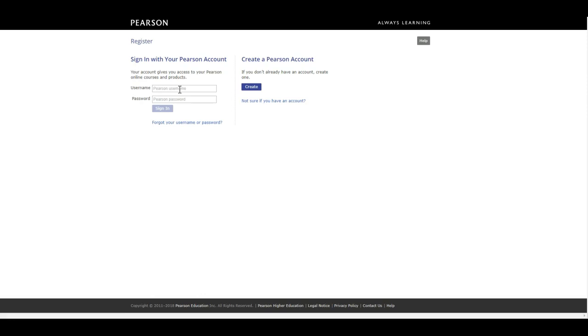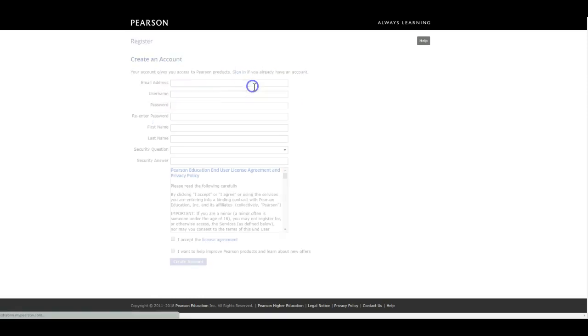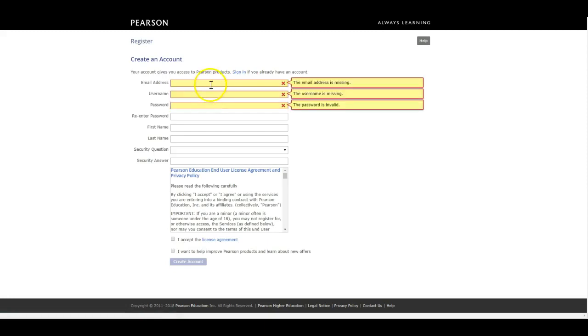If you have not, then you can create an account, and it doesn't have to be with your school email. In fact, I recommend that students use the email that they most frequently check so that you don't forget what it is. So you can create an account if you would like, but I had already used that one, so